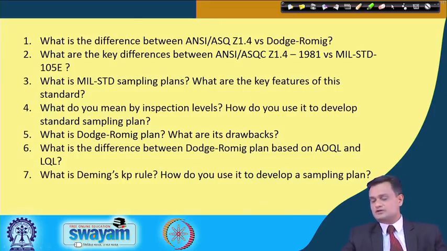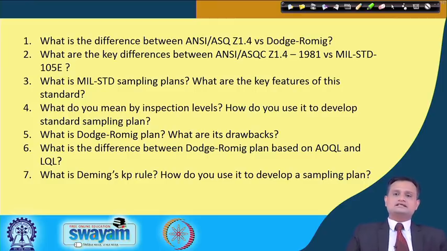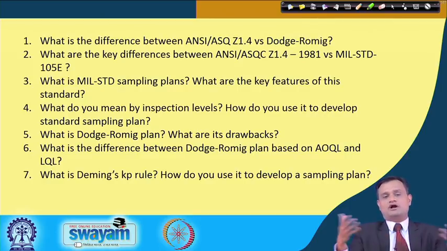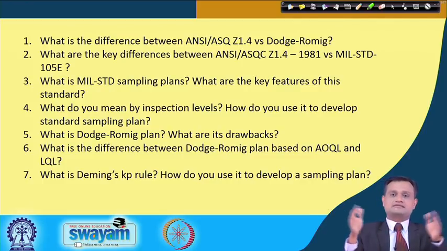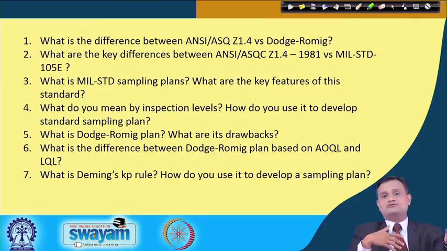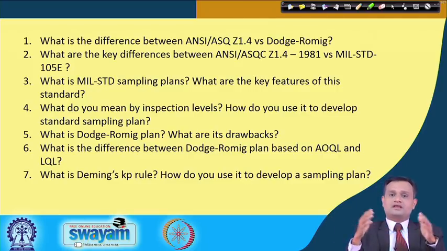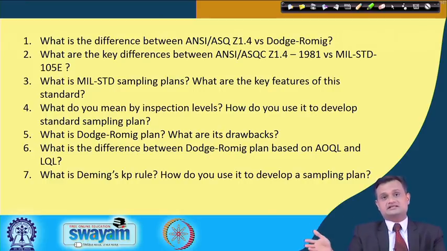Before we end, as a usual practice, just give a thought. What is the ANSI/ASQ standard with respect to the military standard? Also, what is the difference between the military standard and the Dodge-Romig standard? How do you use the KP rule? What are its advantages, drawbacks, and what additional information can you draw if you really use the standard plans for acceptance sampling, specifically when you have the opportunity to switch the inspection level, an opportunity that is not available in any other scheme.